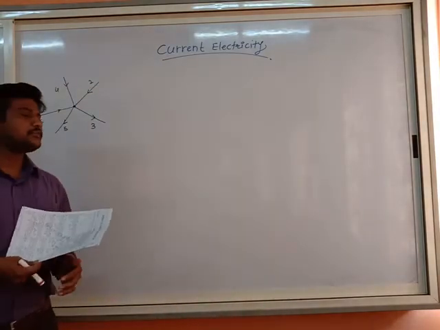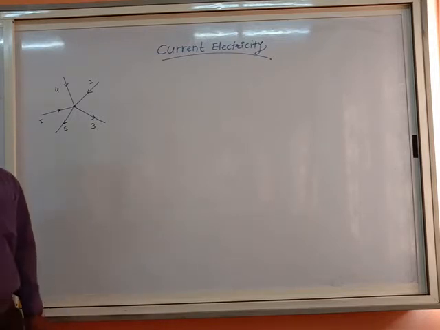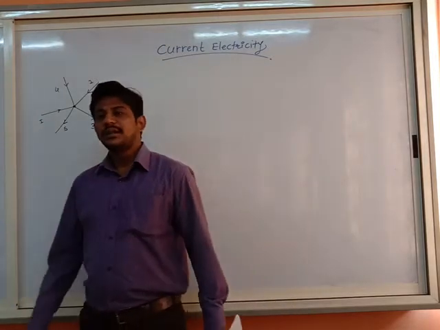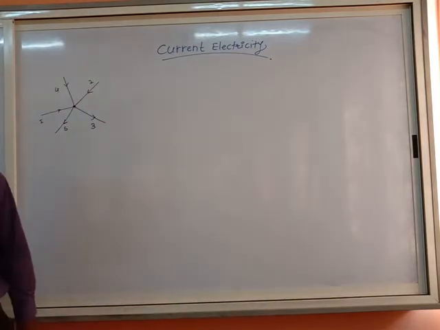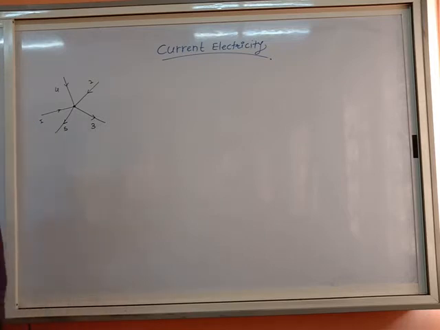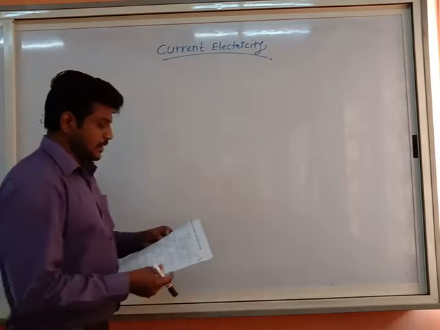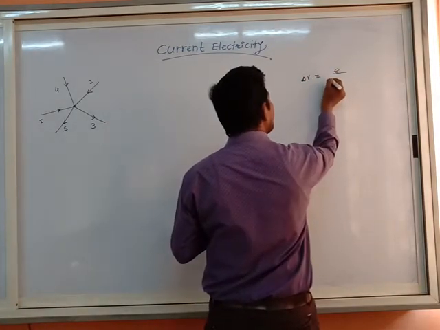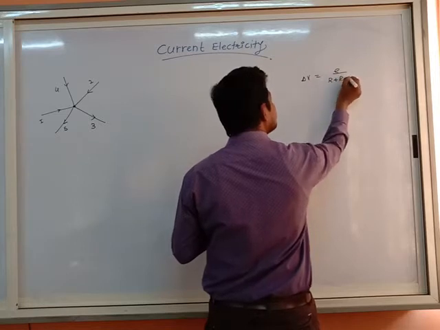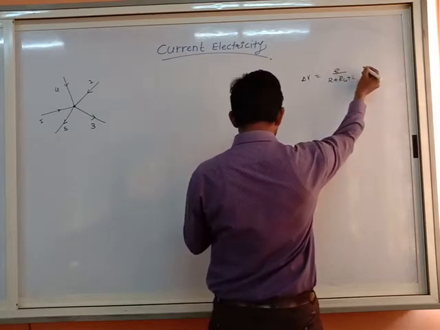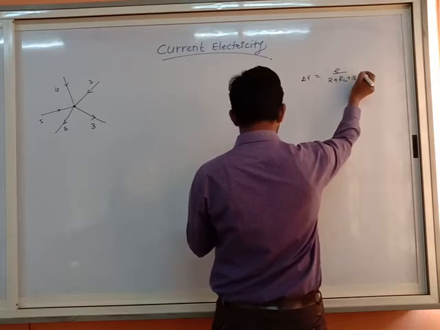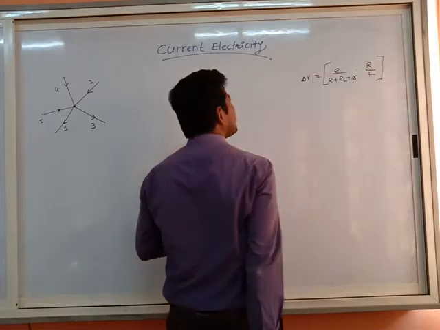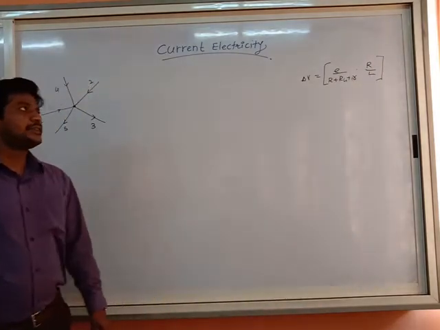So how to find this value of I using Kirchhoff's current law and voltage law? We know that in the current law, the algebraic sum of current entering is equal to leaving the network, and in the voltage law, E plus IR is equal to 0. Also we know the potential gradient formula: potential gradient delta V is equal to E upon R plus RH plus internal resistance, into R by L. This is the new potential gradient formula, which is required for solving the MCQs.